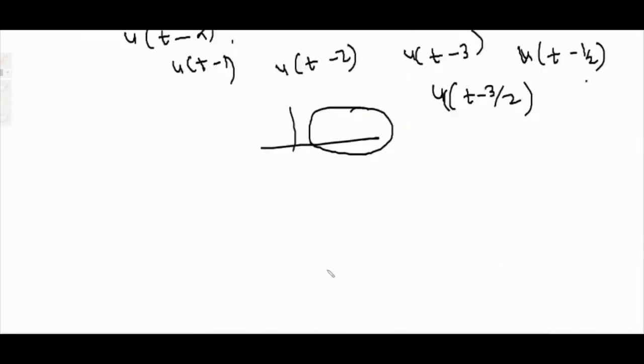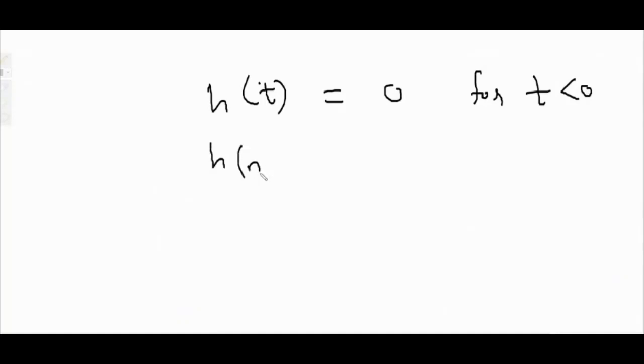What is the condition for a system to be causal? h(t) = 0 for t < 0, or h(n) = 0 for n < 0. This condition is important, and after that, if you want, you can solve the signal and then give the answer, or you can remember the shortcut technique: u(t) or u(t-alpha) is causal.